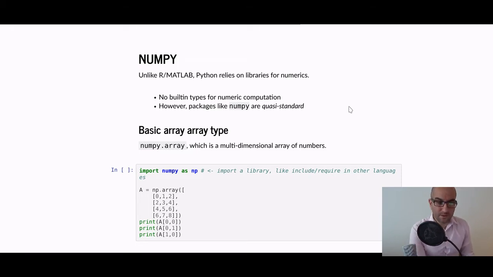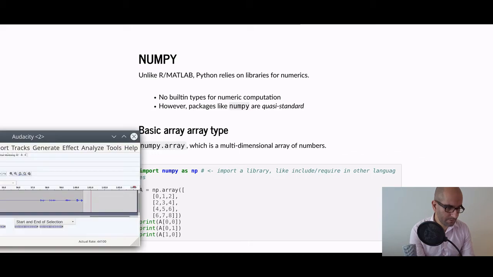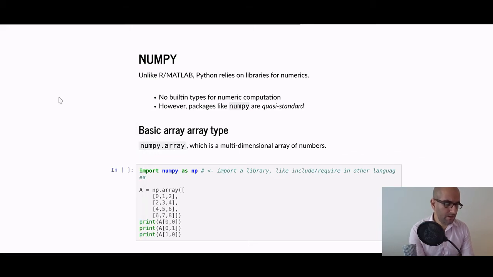So as I started off at the very beginning, Python is a general purpose programming language. It was actually originally most successful as a language for web development, for developing complicated websites. And unlike, say, R or MATLAB or nowadays Julia, it's not specifically designed for numerics or for any type of scientific computing. Instead, it uses external packages to